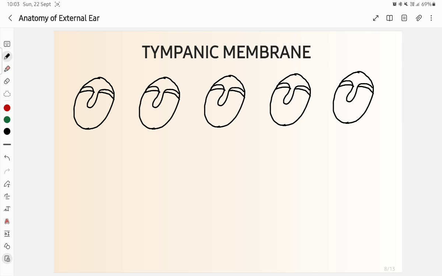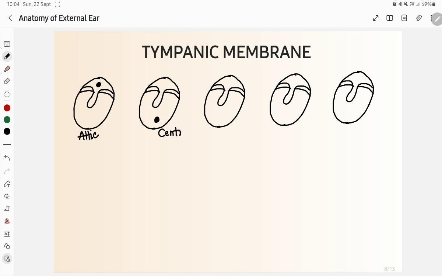Now further on, there are 5 different types of perforations in our tympanic membrane. It depends upon the location of our perforation. If the perforation is located in the pars flaccida, that perforation is known as attic perforation. If the perforation is located in the pars tensa and it is surrounded by tympanic membrane all around in 360 degree, all around it is surrounded by tympanic membrane, it will be known